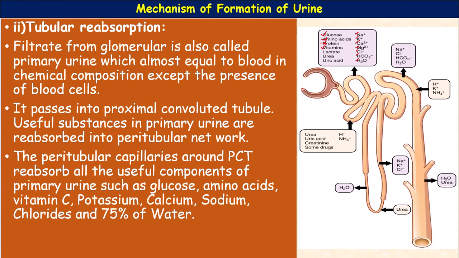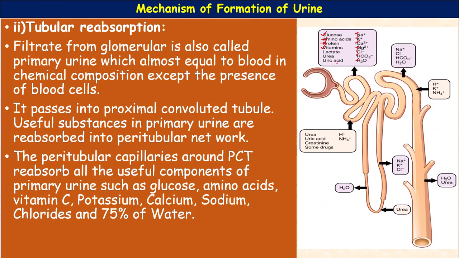Some of the substances are reabsorbed from the tubules slowly by the physical process of diffusion, and this passive reabsorption occurs only when their concentration in the glomerular filtrate exceeds their respective concentrations in the blood. This means when their concentration is higher compared to the blood, then they are reabsorbed. Hence these substances can never be totally reabsorbed from the urine. That's why they are present. What are they? Urea, ammonia, creatine, ketone.